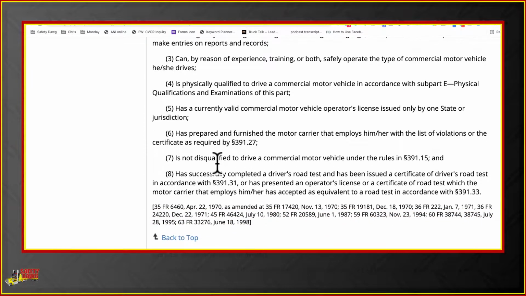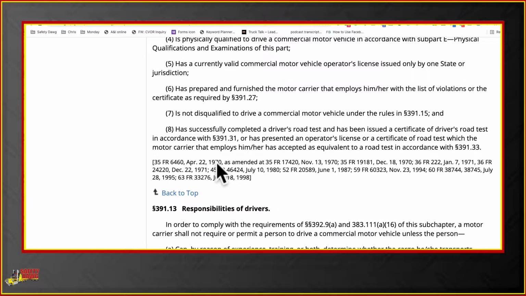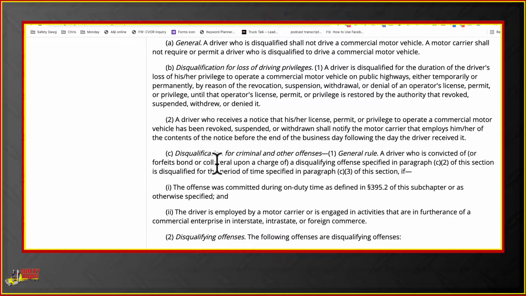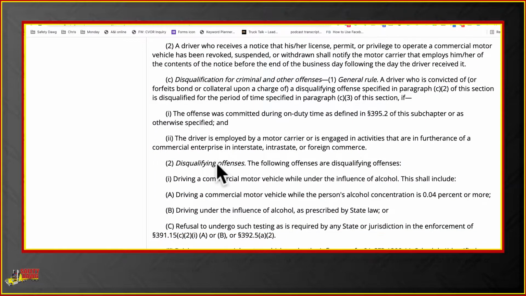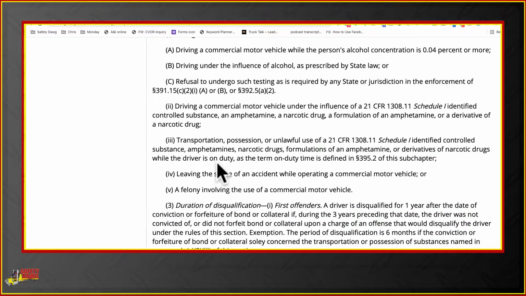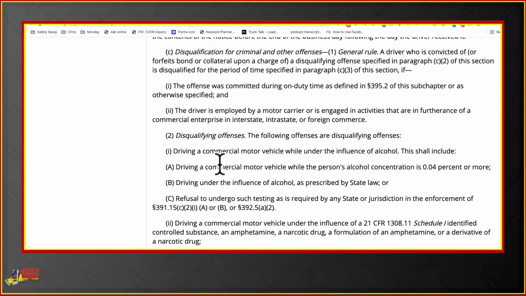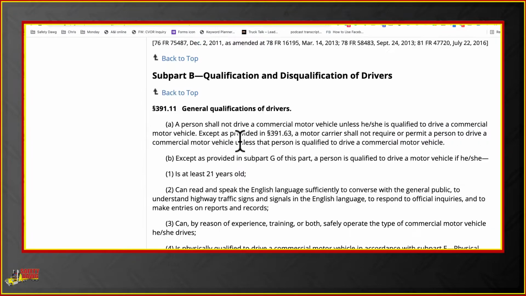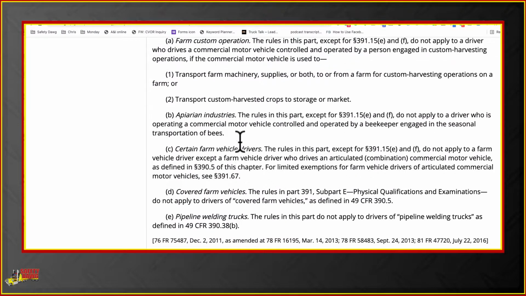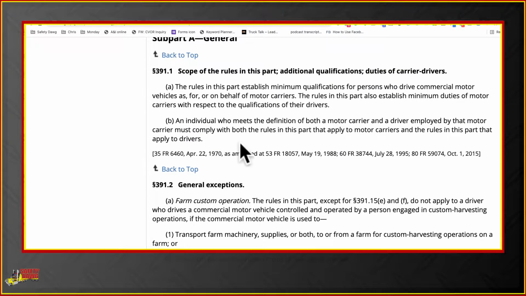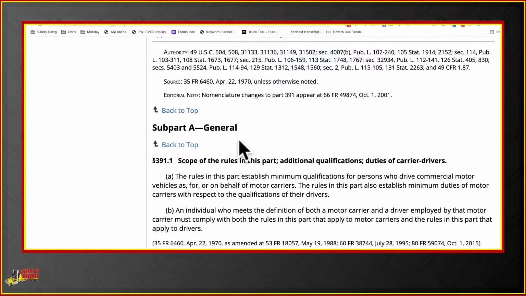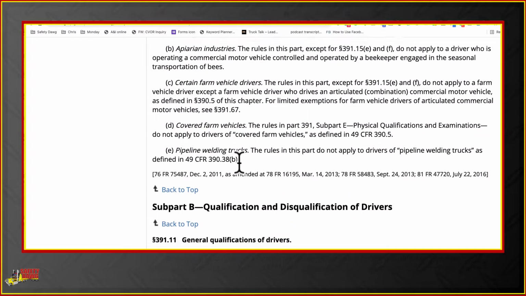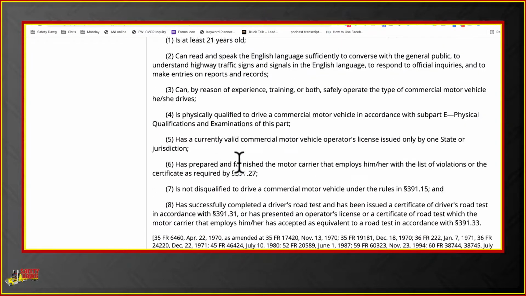The responsibilities of the drivers, here we go. Disqualification of the drivers is all in here. And it was number 7, not disqualified. All right, so the rules are here. Scope rules: what needs to be on an application form? You will find here